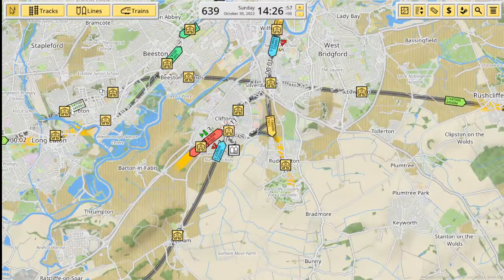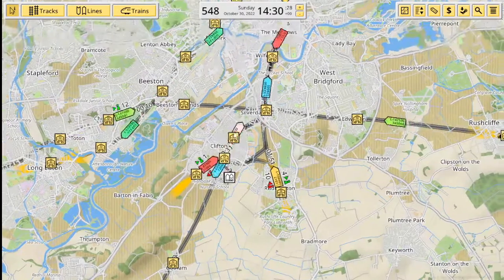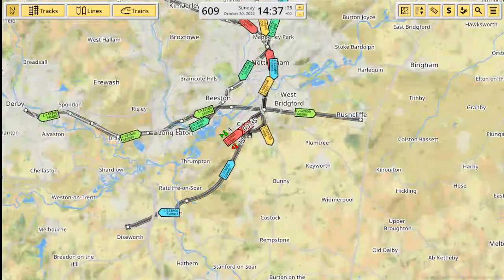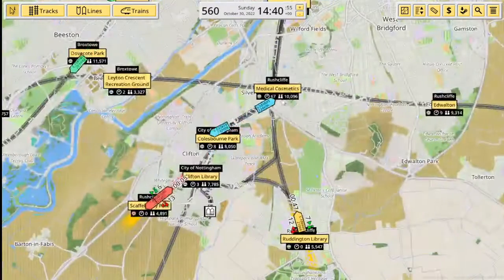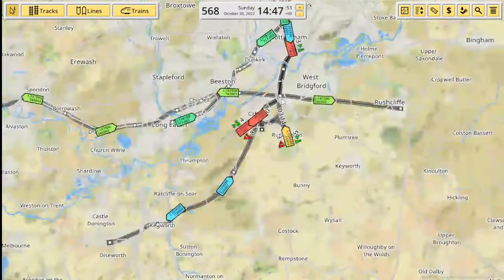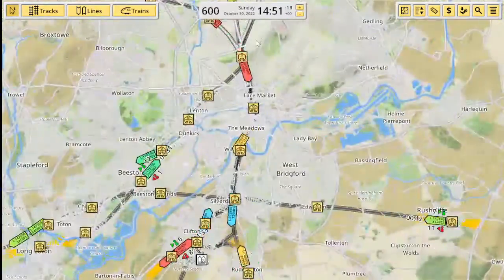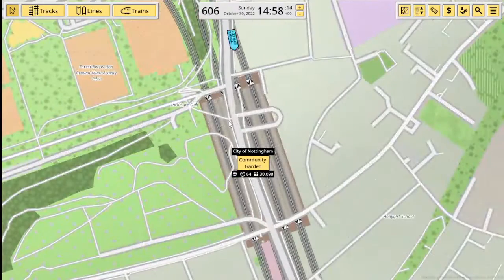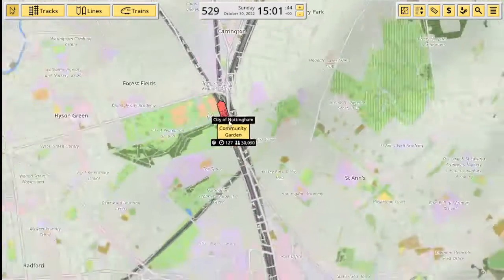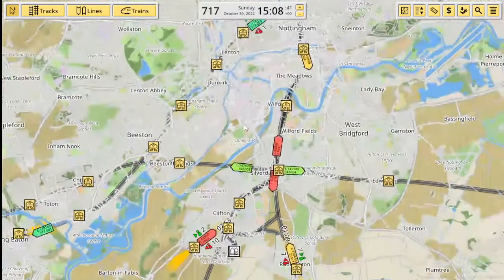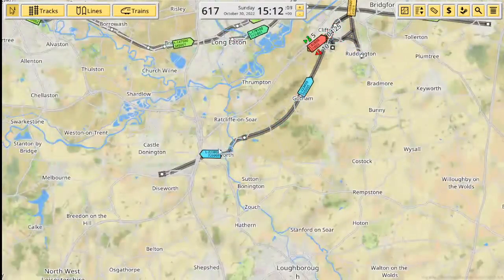The CD stations get quite busy, but there's quite a lot of trains, particularly going down here, connecting them. Might just do a direct